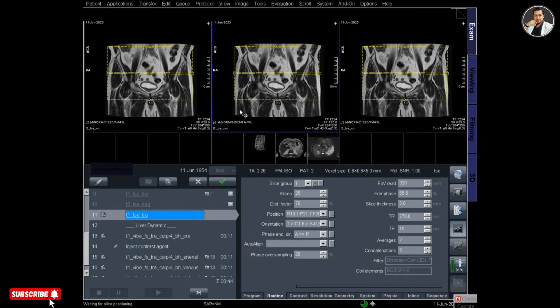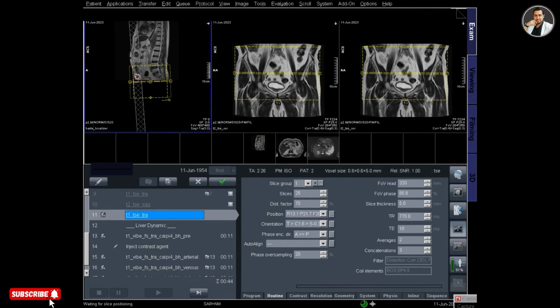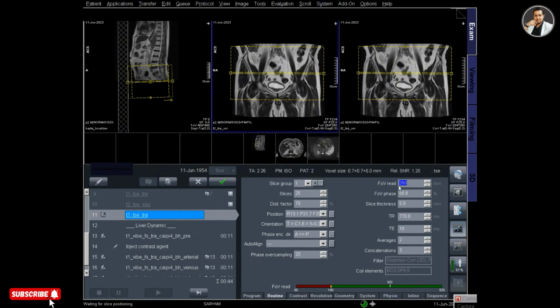So I have to replace the saturation band, and I am now moving the saturation band out of the field of view. So this is the right way of placing the saturation band, and now there will be no artifact.